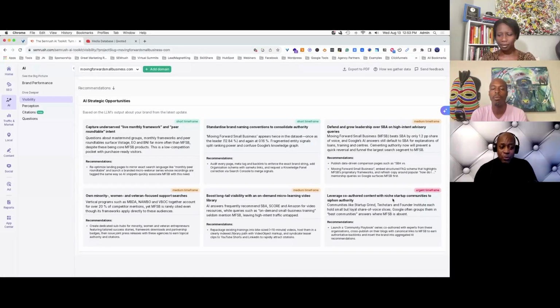Let's look at this. This one is urgent. Leverage co-authored content with niche startup communities to siphon authority. Something I do all the time. Communities like Startup Grind, Techstars, and Founder Institute each hold small but loyal shares of voice slices. Google often groups them in best communities answers where Moving Forward Small Business is absent. So I need to get into these